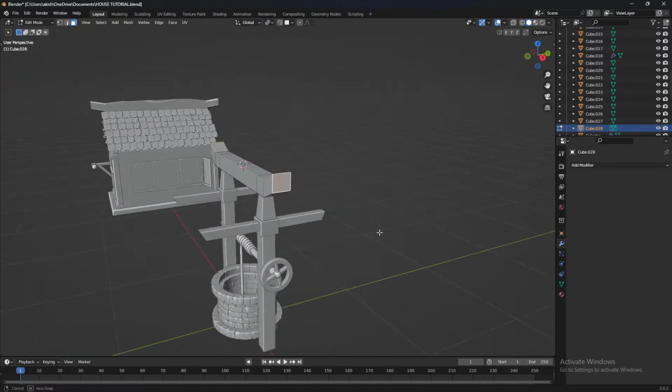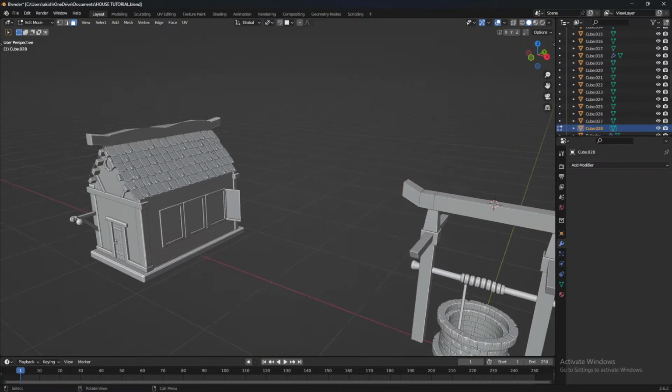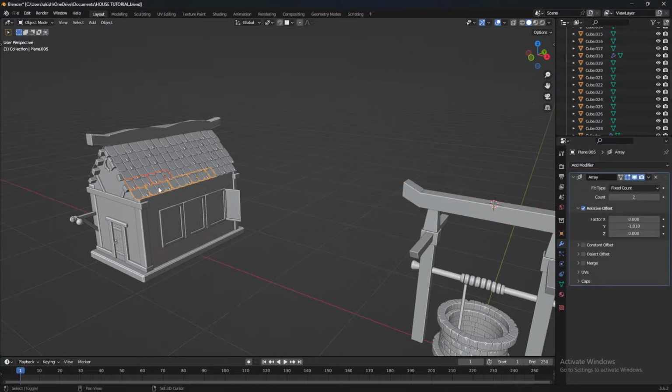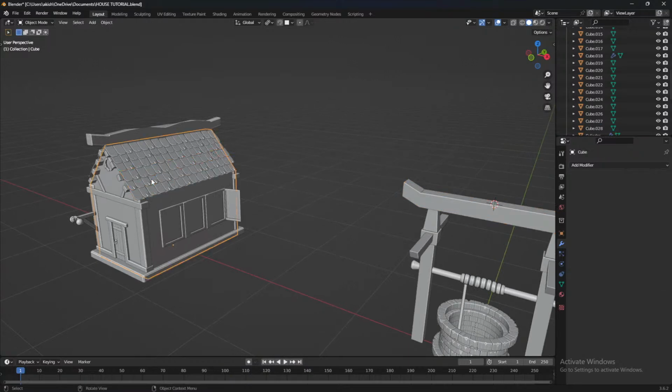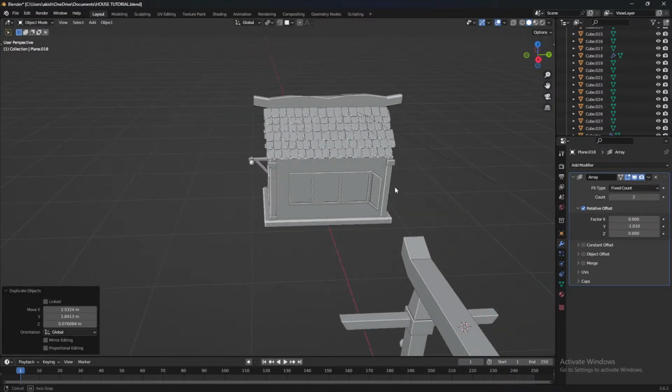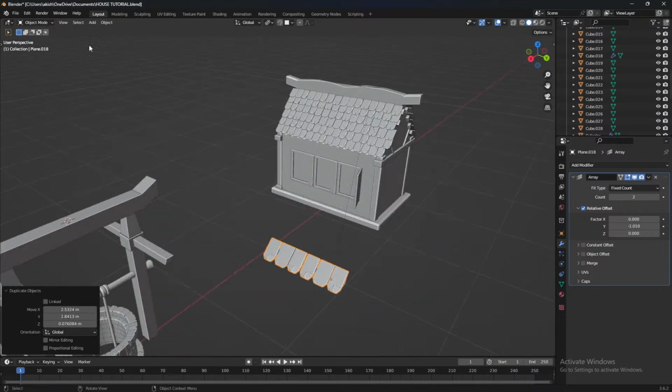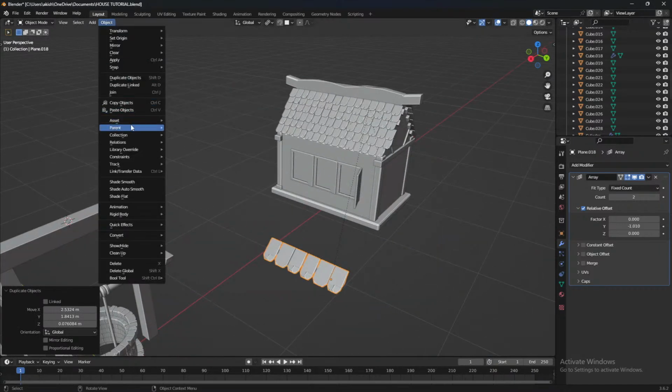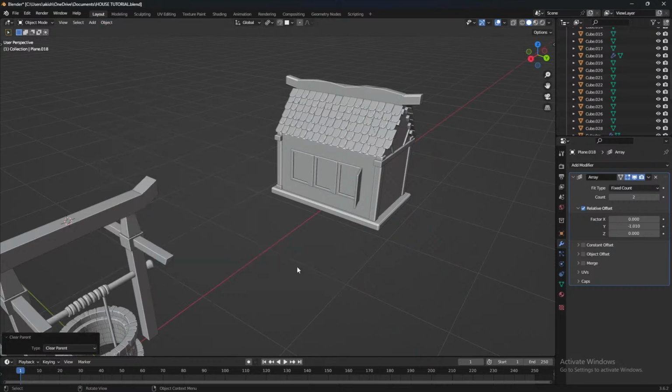And simply, I can do one thing. I can simply copy these few, copy just these, Shift T, bring it here, and I can do one thing. Object, parent, clear parent,